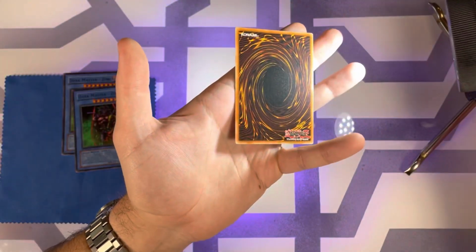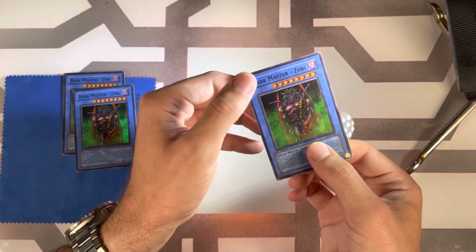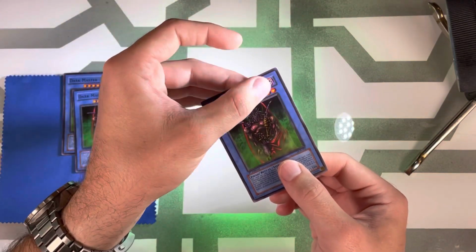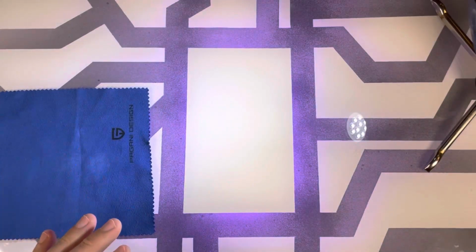So I'm not super happy with that. I don't know if I want to try to return these or what, but I'll go ahead and sleeve them up for now and at least protect them better than they protected them sending them to me when they stuck them in a single sleeve. All right, next up here,